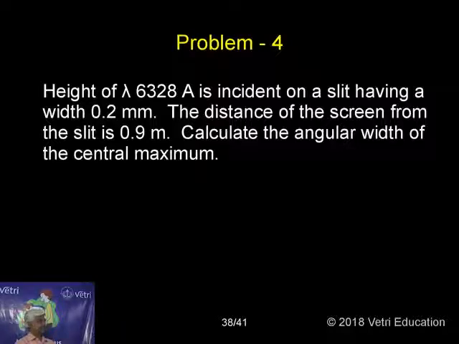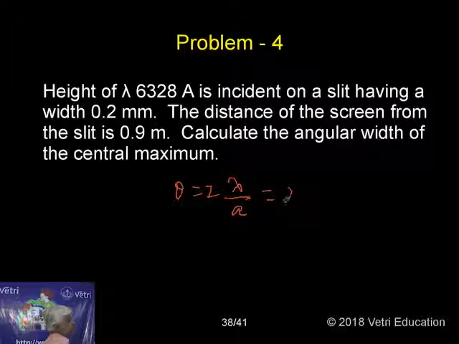The distance of the screen from the slit is 0.9 meter. Distance of the screen means the value capital D. Calculate the angular width. We know the angular width theta is equal to lambda by a; full angular width is 2 lambda by a. That is 2 into the lambda value,